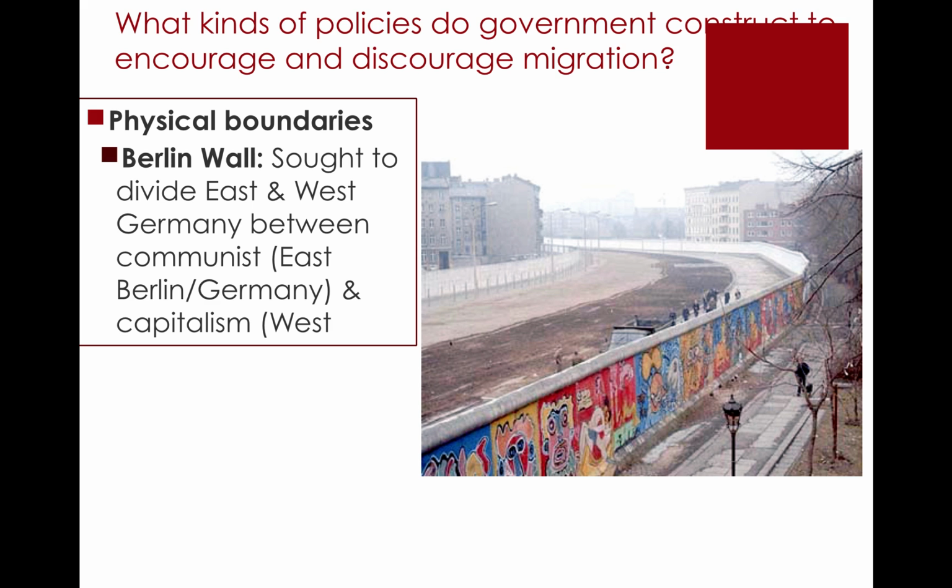Similarly, the construction of the Berlin Wall. After World War II and at the beginning of the Cold War, Germany was divided between communist and capitalist zones, and the United States and its allies, France and Britain, each had different quarters of the city of Berlin, and eventually that reduced down to the Soviet Union having East Berlin, and the British, the French, and the United States controlling West Berlin. As a symbol of the Cold War and the tensions between the countries, the Berlin Wall, a physical wall that you see here, was constructed to separate the two zones, and this remained in place until the fall of the Soviet Union in 1989. So this too would be an example of a physical boundary intended.